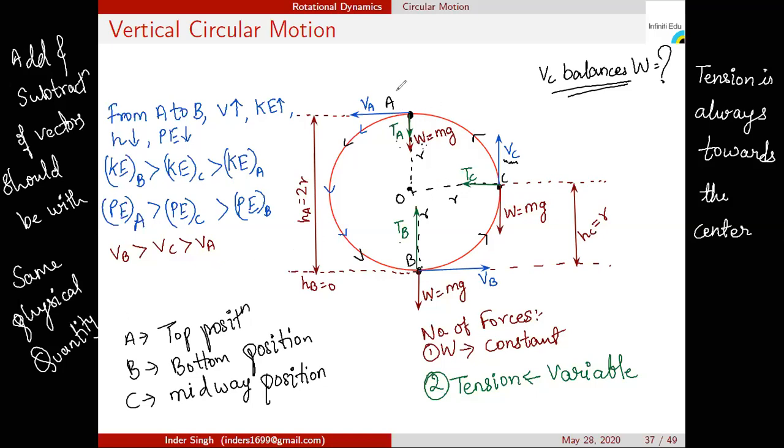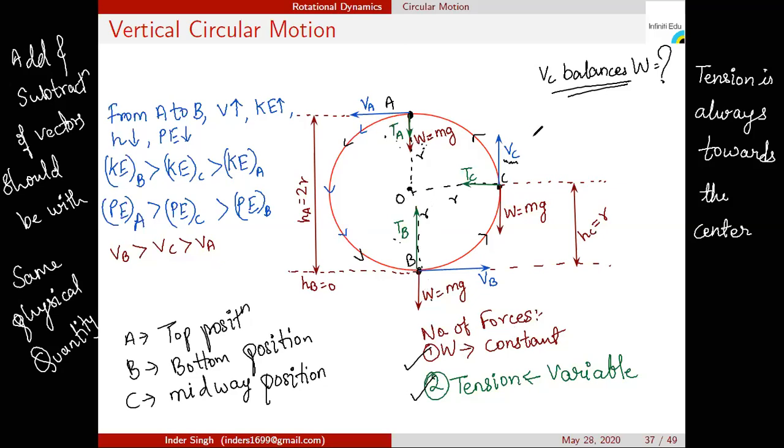That means अगर TA की बात करें, so TA it is what? Tension. Tension is one type of what? Force. The first force is what? Tension. And W it is nothing but the gravitational force. This is one type of force. So we can add TA and W if they are in same direction. We can subtract TA and W if they are in opposite direction.